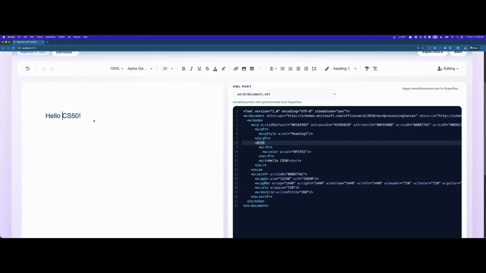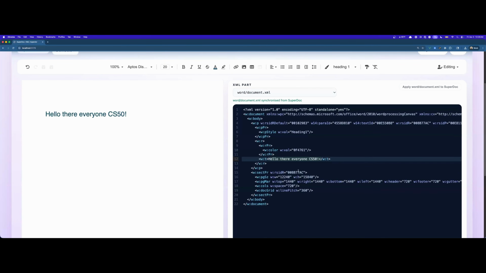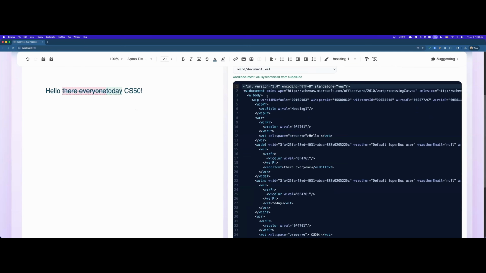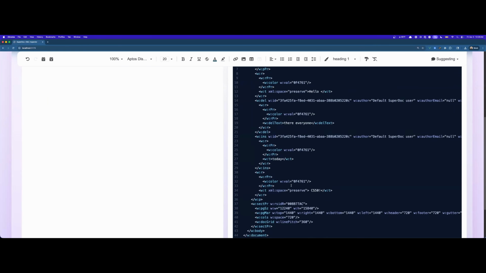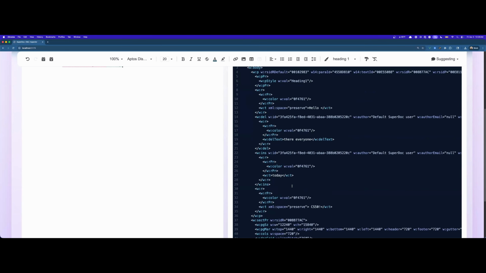And if I start typing on the left, you can see that it's changing on the right? So the document that you're used to and the editor are combining to somehow change what looks to be sort of like source code. And this could get pretty complicated over here. I mean, this one's pretty simple, but for example, those track changes I was talking about, let's say I want to replace this with hello today, I don't know. You can see that all of a sudden a bunch of stuff appeared over here, right? There's a whole bunch of things.